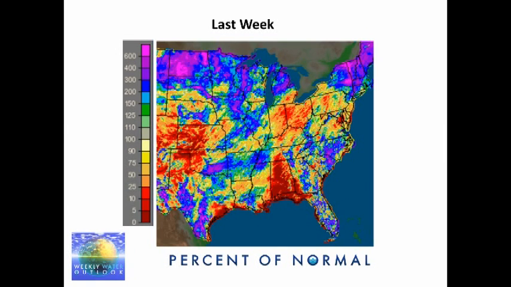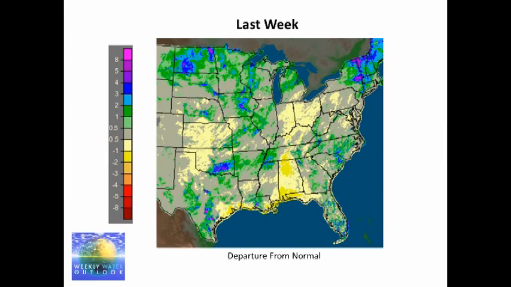If we look at the percent of normal, again, this really stands out from what we saw in the winter time. Look at the areas of red and green. It's really a patchwork here. But if you look at the most consistent blues and purples, you see that the heaviest rain was over the upper Midwest, North Dakota, into Minnesota, and then down along that axis of heavy precipitation. Areas in red indicate dry conditions, and if you look at West Texas in particular, you see that there was some welcome rainfall over the far western parts of the state, even though the northwest part of the state remained quite dry.